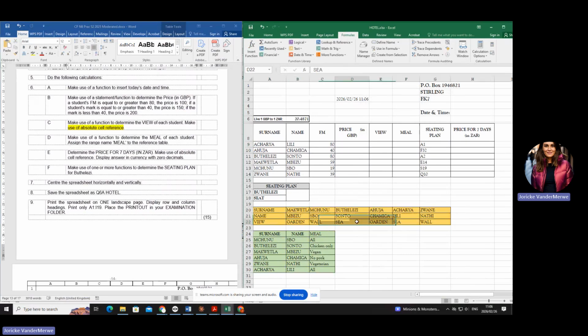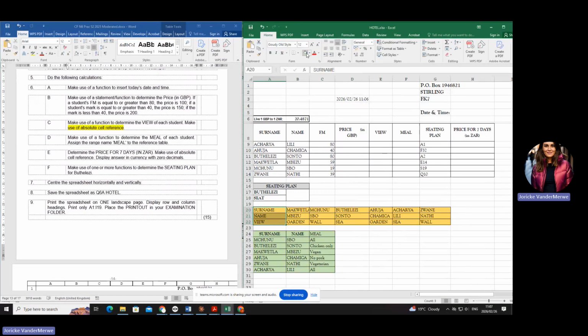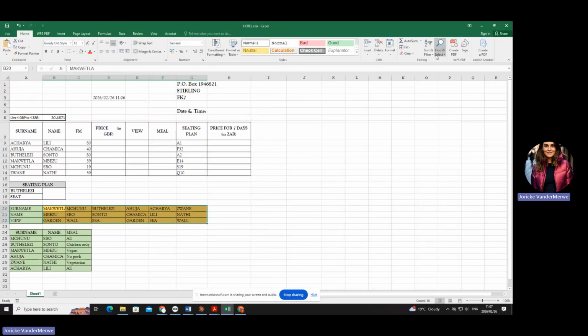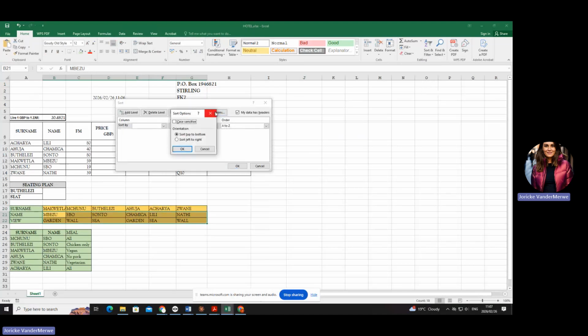So I select, does it make sense to you that those three is my what? My headings. Can you see that? So this is going to be my data that I'm going to sort. Okay? So you're going to go to, let's just make it a little bit bigger. I'm going to go to filter and sort. I'm going to say what? Custom sort. What is the options? Left to right, because I'm working in a horizontal.